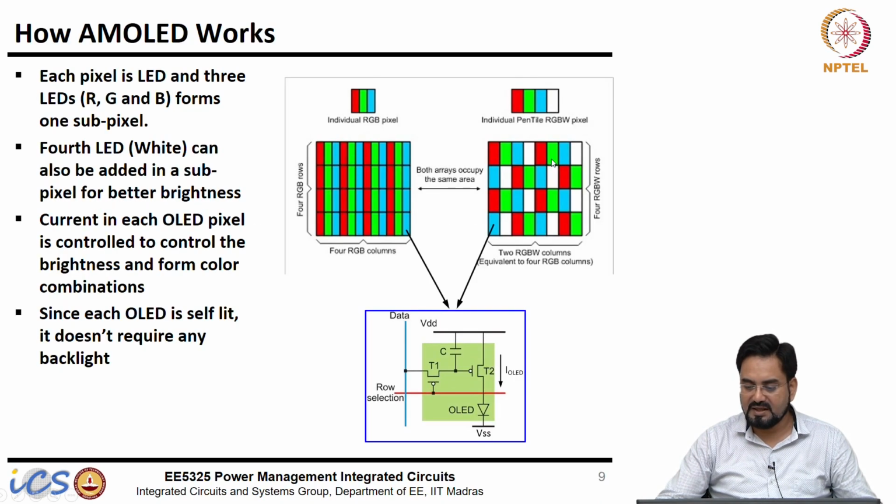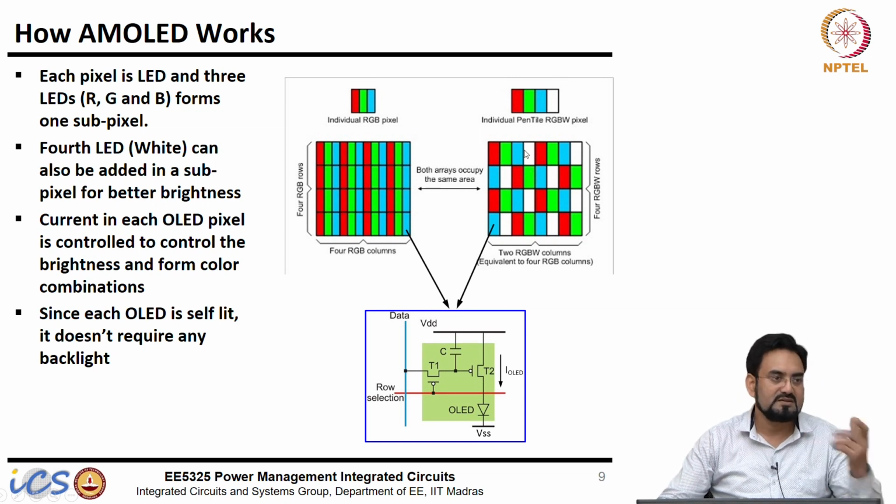Again the same thing, you can apply the RGB concept here also. So you can have red, green, blue and white LED. If you are using a color filter, then you can have a transparent dot or pixel, and that will give you again 4 subpixels, and you can save some power here.